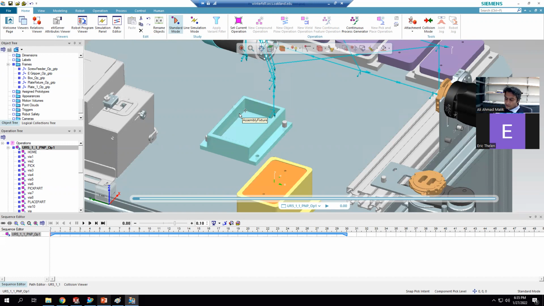The reason that I am uploading these files on Moodle is that I want you to create these simulations. So you don't need to create any CAD or any layout. Everything is already created, but you just need to define the path of the robot for each of these three components: 2 components and the screw. So this assignment has at the moment higher precedence than your project. Even if some of you might need a bit more time, we can delay the deadline of the project simulation. But this simulation, I would like you to submit